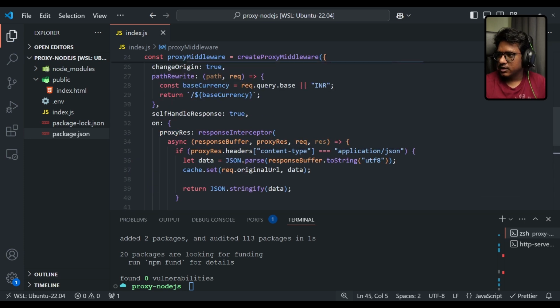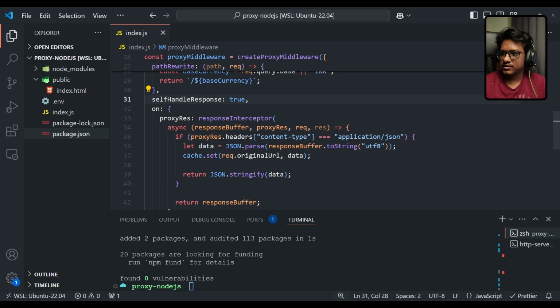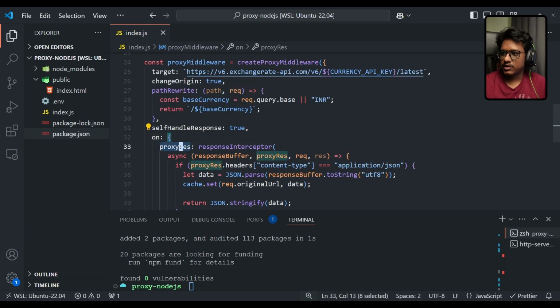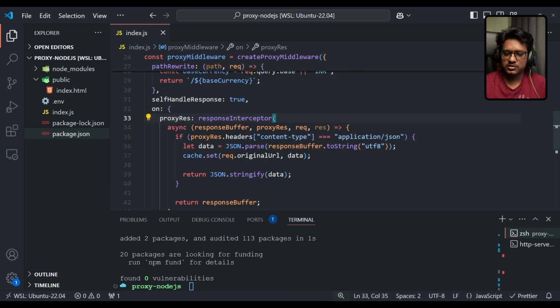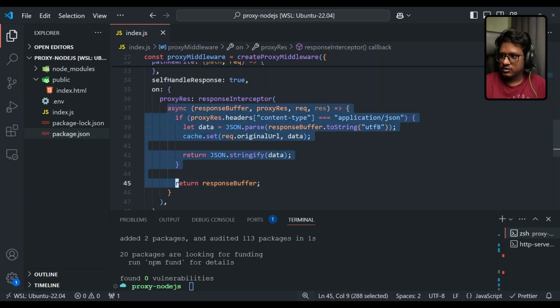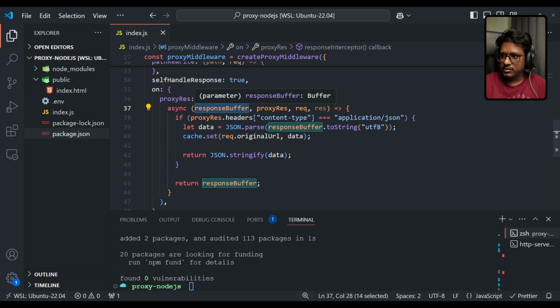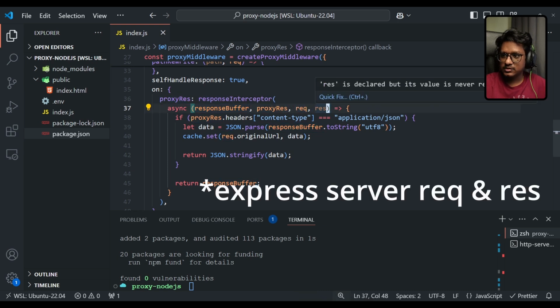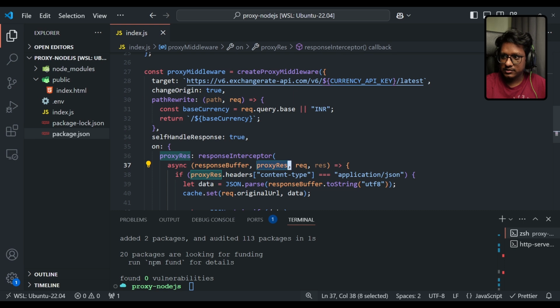If you see here, self-handle response is required because we are explicitly handling the response. So we have this proxy res as an event handler from this package where we can actually intercept the response, modify anything, and return the response. Simple. So here, if you look at the definition of this block, we have a response buffer, we have a proxy response and request, response. So this request and response are the actual proxy entities, like their own respective request and response, and this proxy response is the actual response